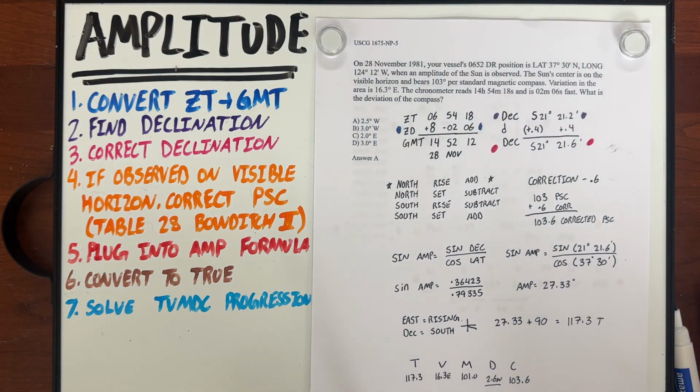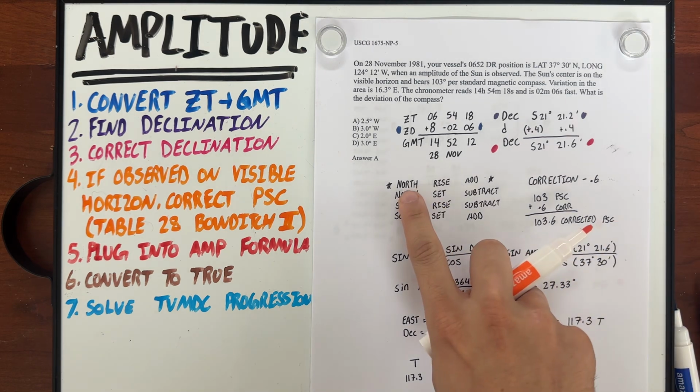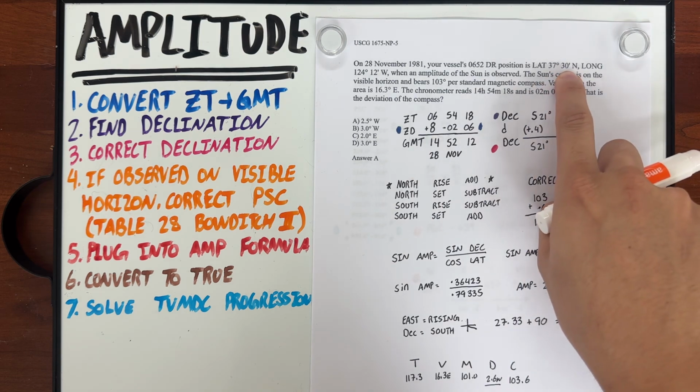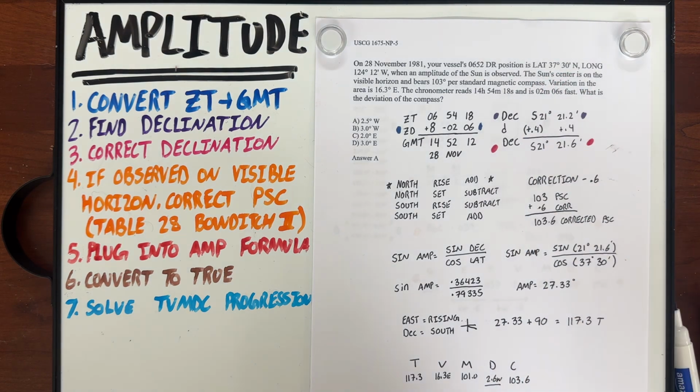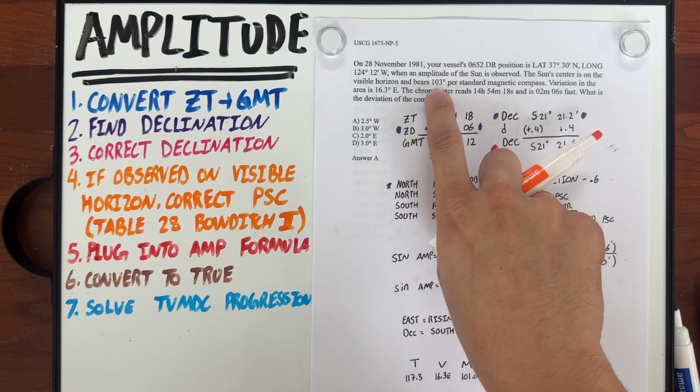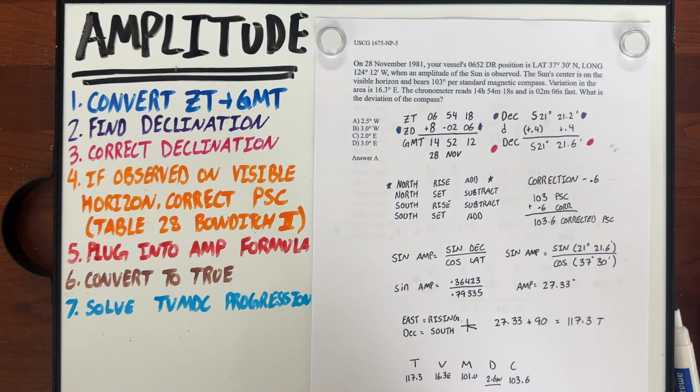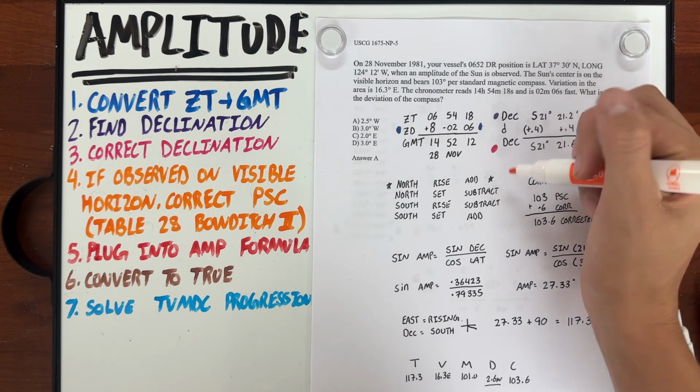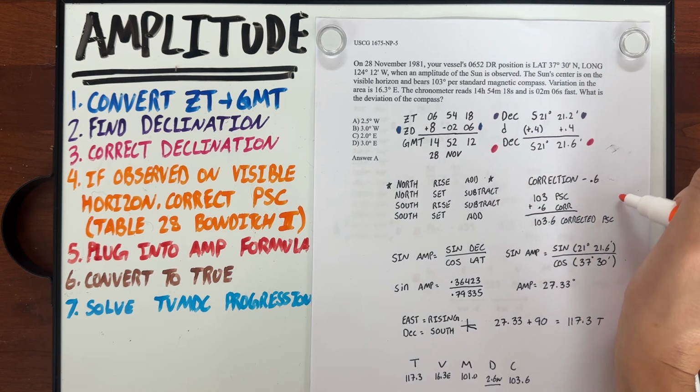The next thing you'll do is, if the amplitude is observed on the visible horizon, you will correct your shot. So in the north, which we are through our latitude, and the amplitude is rising because the sun rises in the east, our bearing is close to 090. So we're going to north rise add. This is our corrected